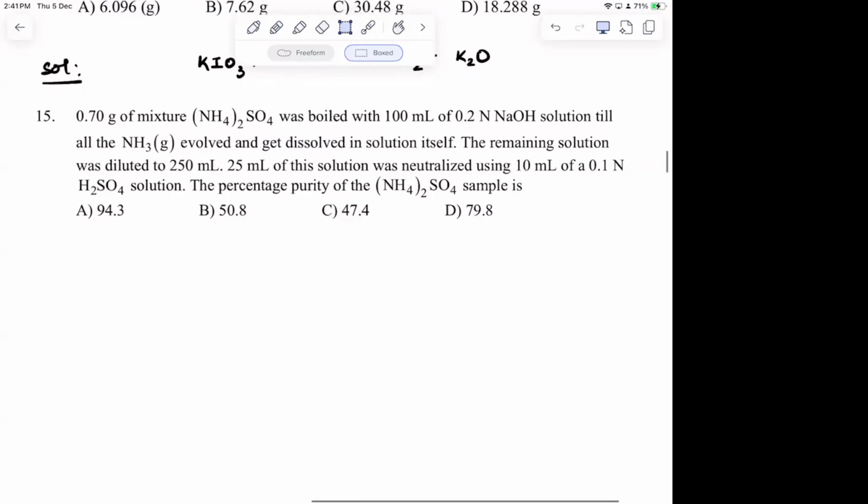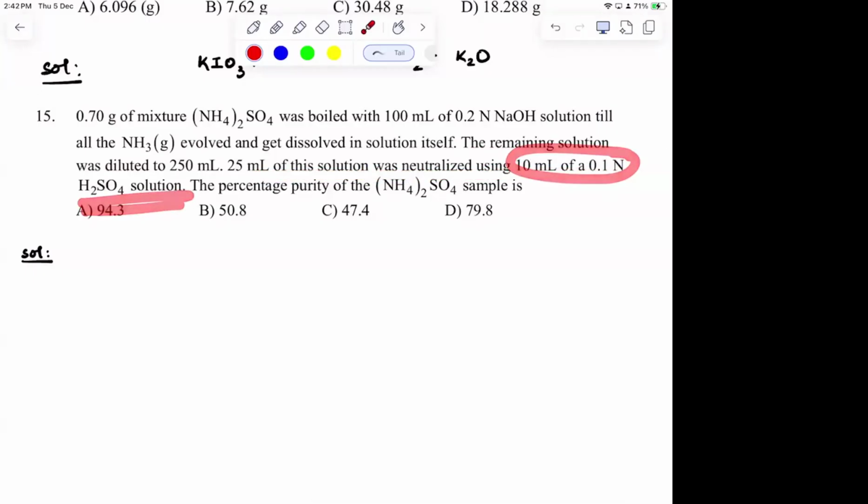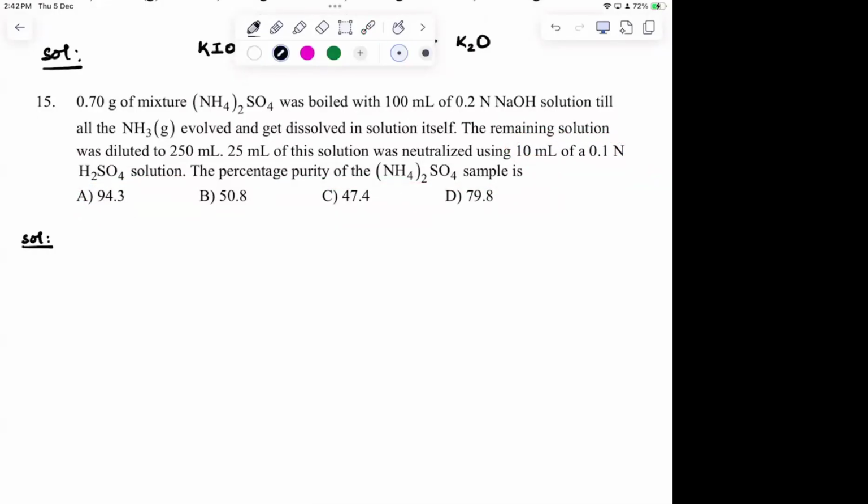See, 0.7 g of the organic mixture, which contains, sorry, he has directly given the compound here. 0.7 g of this mixture was boiled with 100 ml of 0.2 normal NaOH, when all the ammonia evolves and gets dissolved in the solution itself. The remaining solution was diluted to 250 ml. 25 ml of this solution was neutralized using 10 ml of 0.1 molar H2SO4. What is the percentage purity of this one? Got it? So first, do it in a reverse way, that if this much amount of solution was used here,